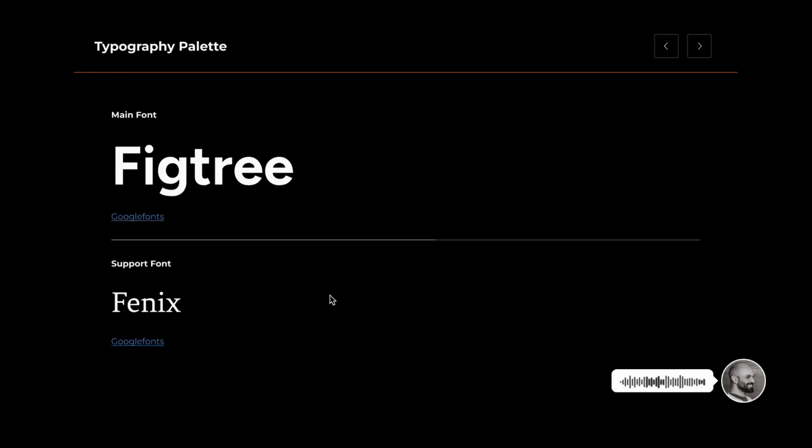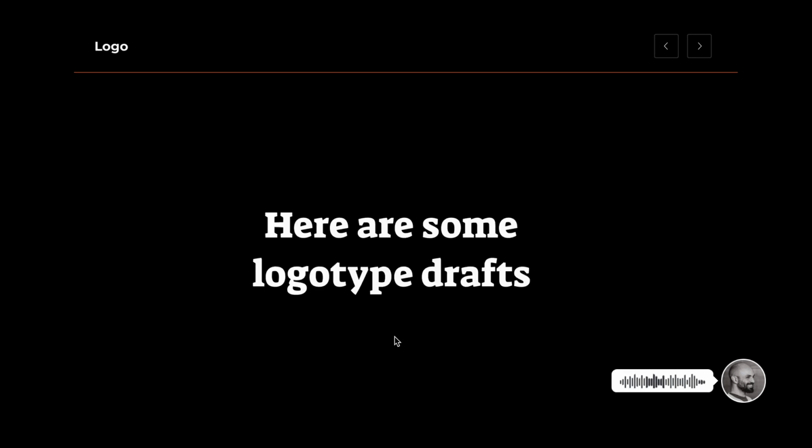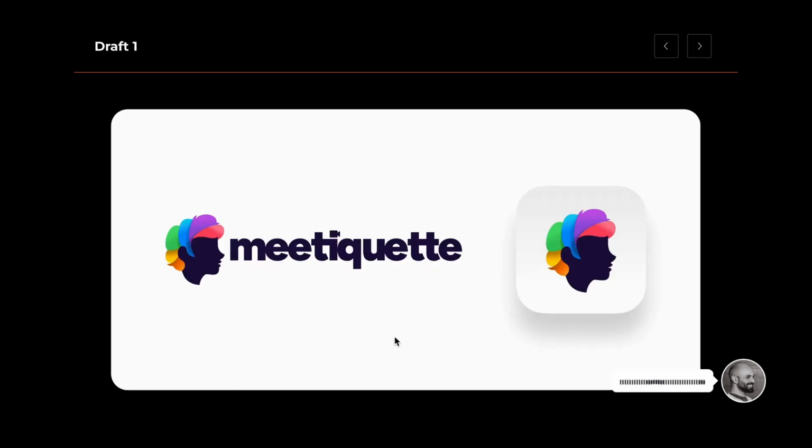These are the fonts that we choose for the brand. And here are some drafts that we did in the process. This is the first one, draft one, Meetiquette. This is the naming that was chosen and the isotype and the brand and the app icon. This is draft one,